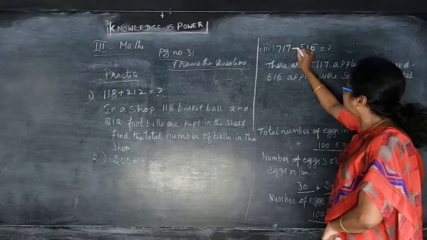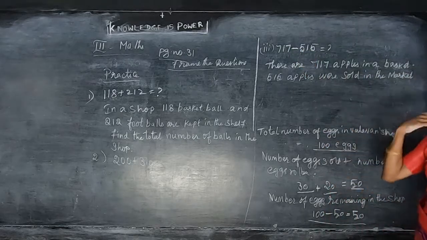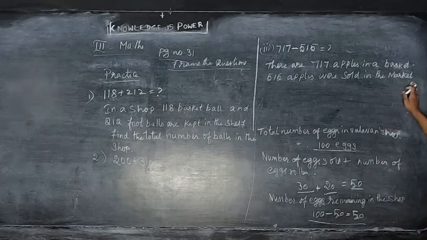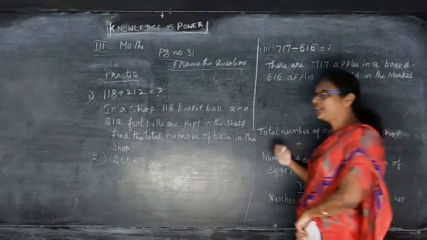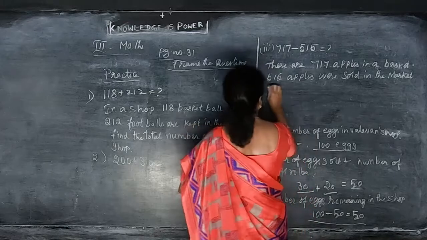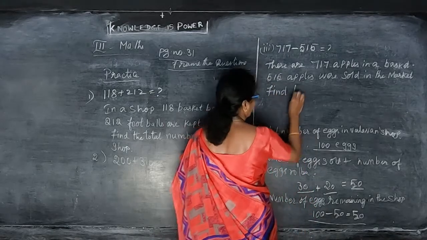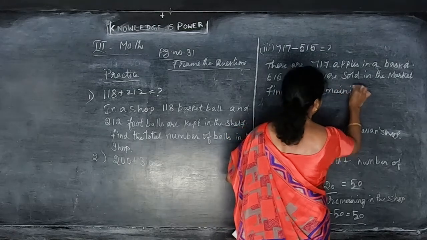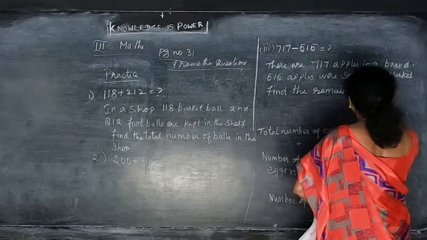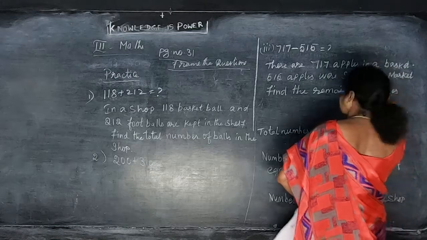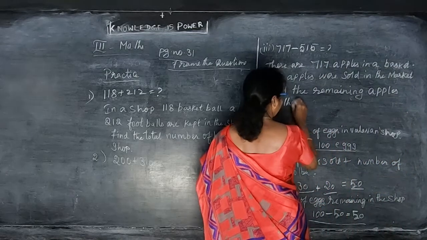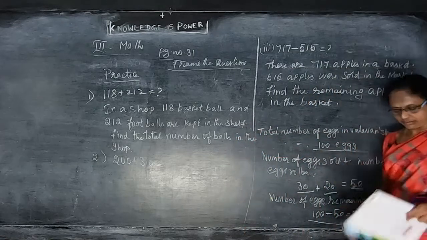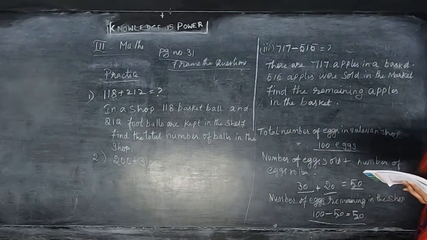ஏன்னா இது மைனஸ்ன்றதால நம்மளை விட்டு போயிடும். அப்போ சோல்டுனா சேல் பண்ணிடுறீங்க, வித்துடுறீங்க. ஸோ 515 apples were sold in the market. மார்க்கெட்டில் சேல் பண்ணுறாங்க. ஸோ என்ன கேட்கணும்? ஃபைண்ட் த டோட்டல் கேட்கக்கூடாது. Find the remaining apples in the basket. Find the remaining. மீதி, ரிமைனிங்னா மீதி. ஃபைண்ட்னா கண்டுபிடிக்கணும். Find the remaining apples in the basket. Can you understand, children? Like that, இதே மாதிரி நீங்கள் என்ன வேணால் ஃபார்ம் பண்ணிக்கலாம். Okay. So these are the framing the questions.